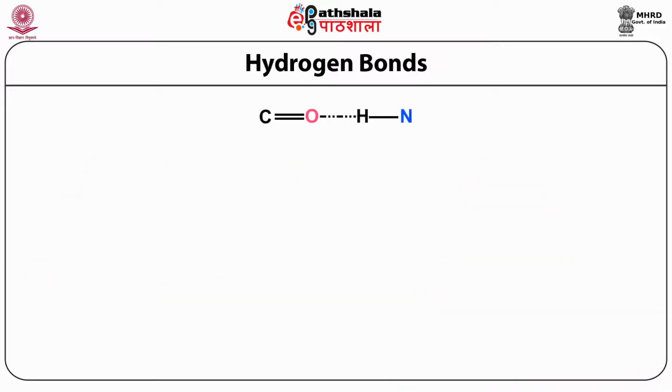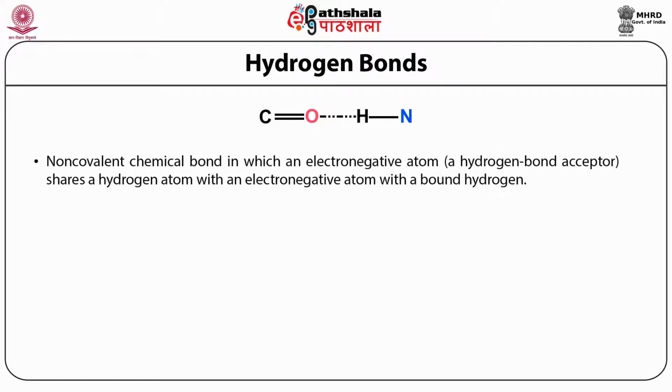Let's explain the hydrogen bonds. You can see here the hydrogen bond can be formed only when the hydrogen is attached to highly electronegative elements such as oxygen, nitrogen, and fluorine. So you can see the non-covalent chemical bonds. The hydrogen bond is a non-covalent chemical bond in which an electronegative atom, a hydrogen bond acceptor, shares a hydrogen atom with an electronegative element with a